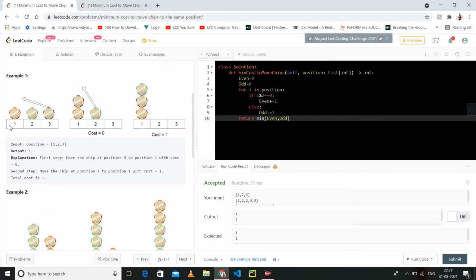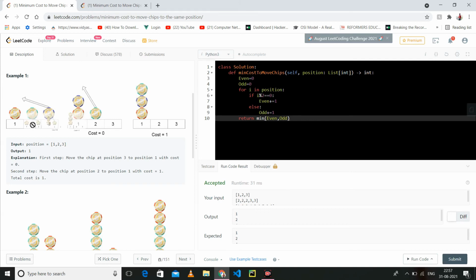This is a question of analysis. As you can see, if it is even, then you have to give the cost. Why? Because an odd position can be moved two positions behind and we can reach position 1, which is not out of bound.